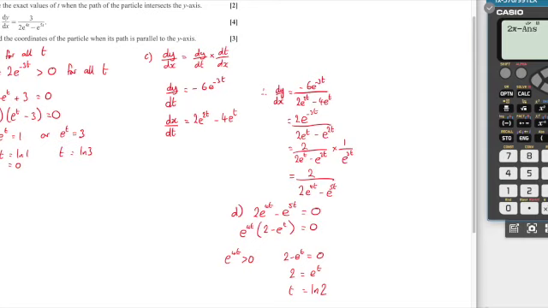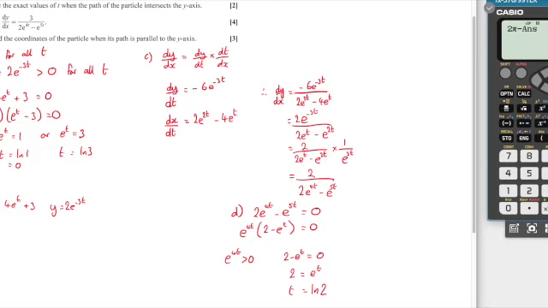If t is ln 2, let's substitute that back into our coordinates. So I've just lost them off screen, so let's write them down again. X is e to the 2t minus 4e to the t plus 3. Y is 2e to the minus 3t. So ln 2, so that's going to be